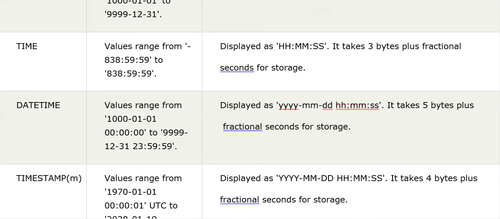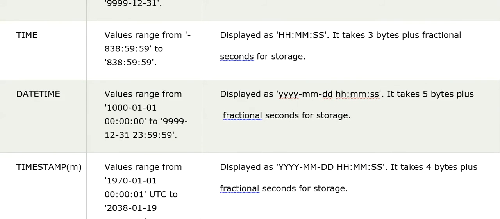The value range is from 1970-01-01 00:00:01 UTC, with time given in seconds, up to 2038-01-19. Basically, here again we are going to store the values of date and time, but stored as a standard time, displaying hours, minutes, and seconds with respect to year, month, and date.